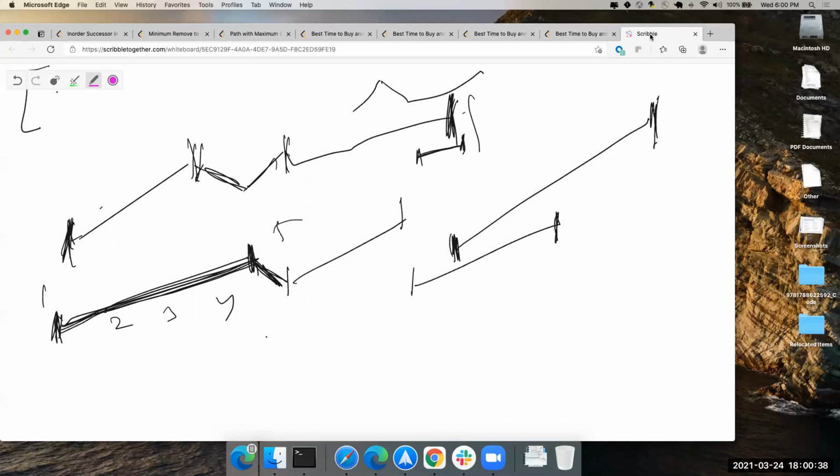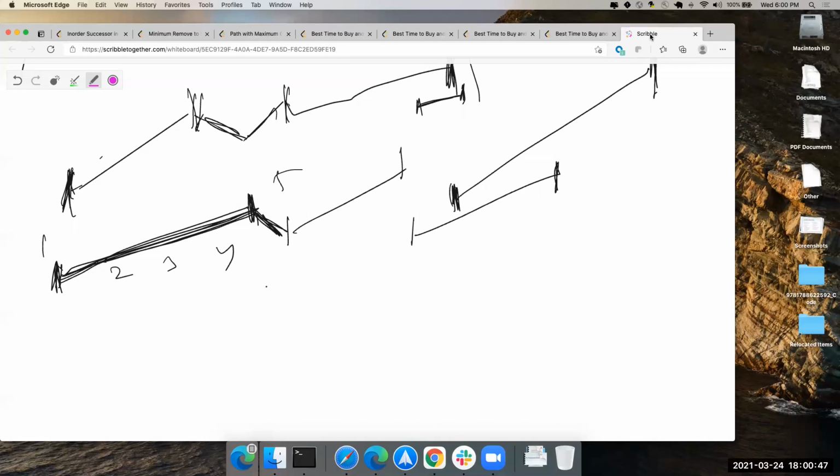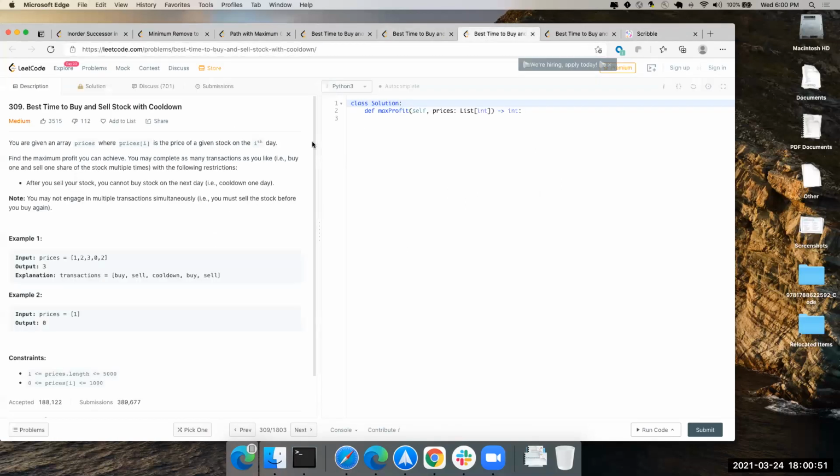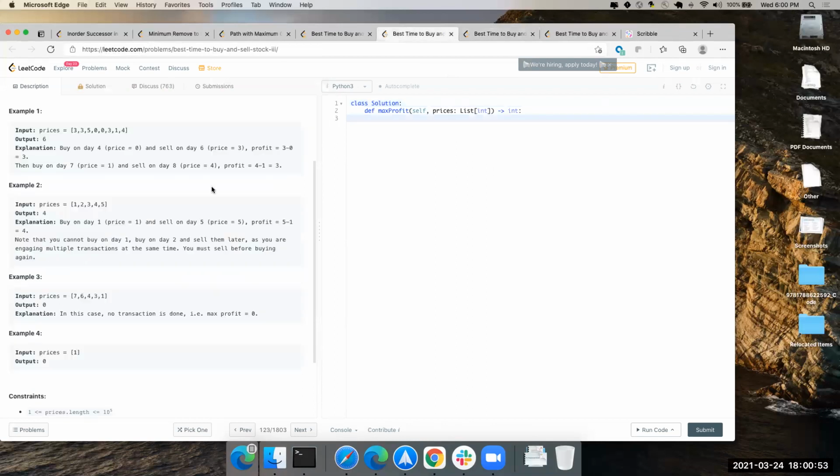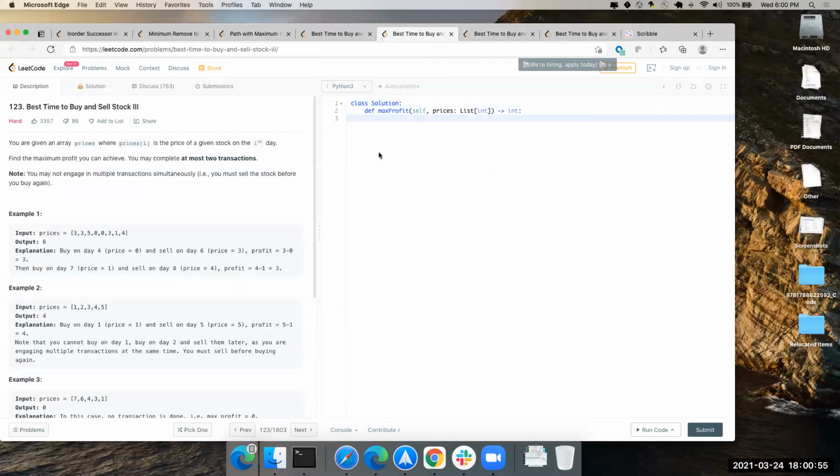Okay. Vishal, what do you think? I mean, this should work. I'm pretty sure. I'm wondering if I'm missing something. So I think we'll just code this. It just seemed like an extension of what we did before, right? Yes. So the only keyword difference in the question is at most 2 transactions, which means you can have 0, 1, or 2, right? And he takes the max 2.